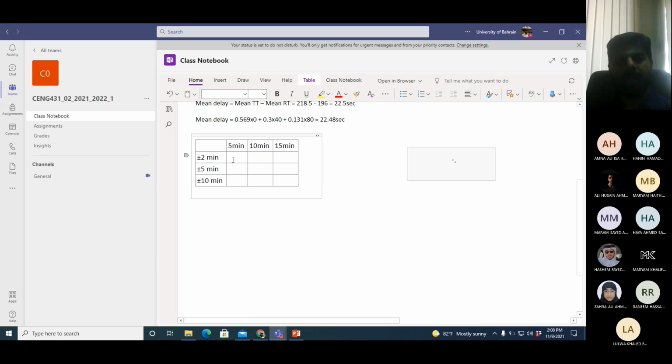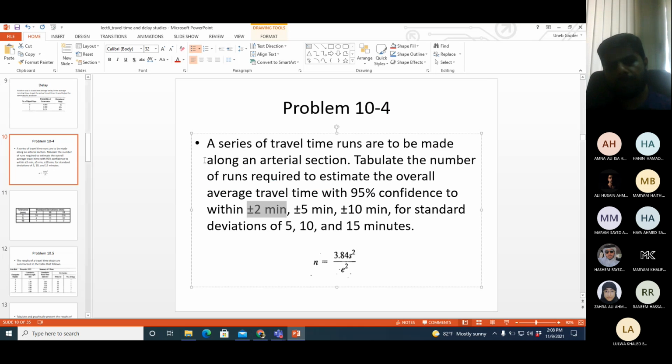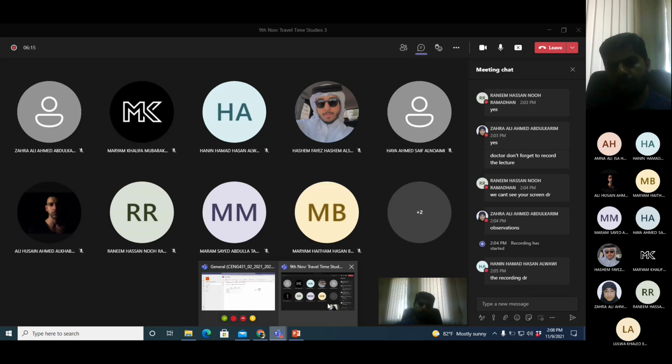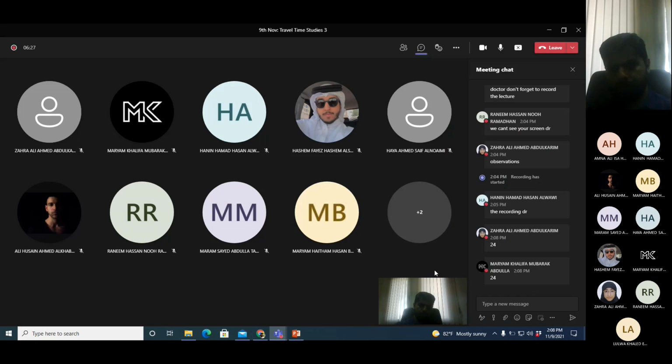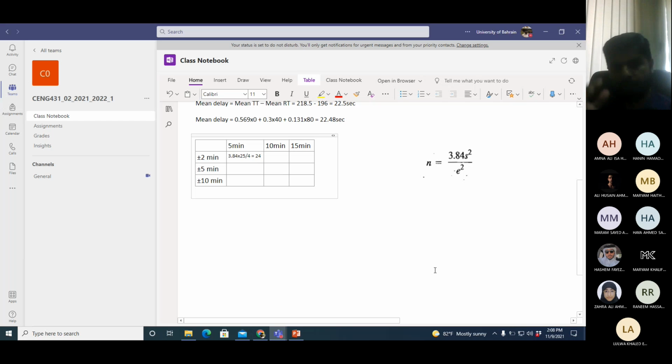So for example, if you want to calculate the number of observations required with a 5 minute standard deviation and a 2 minute tolerance level, E is 2 and S is 5. So it will be 3.84 multiplied by the square of 5, which is 25, divided by the square of 2, which is 4. How much is this value? 24. Okay, we'll do it column by column.